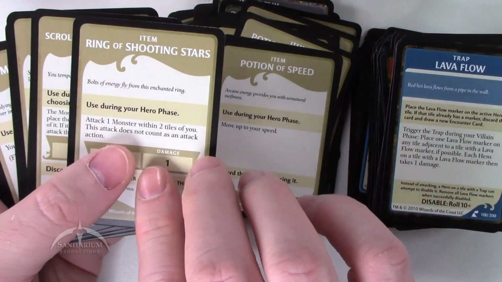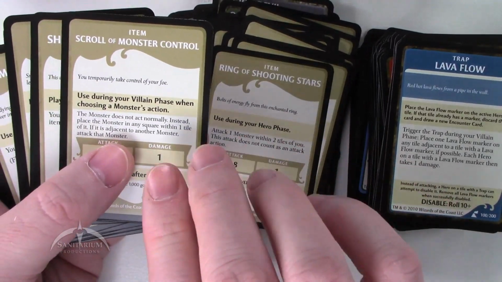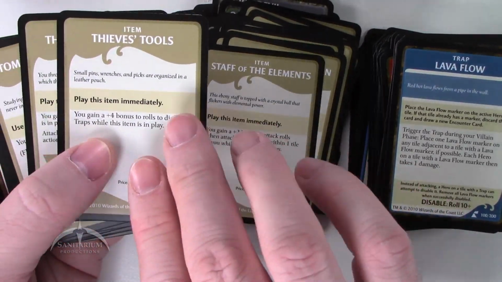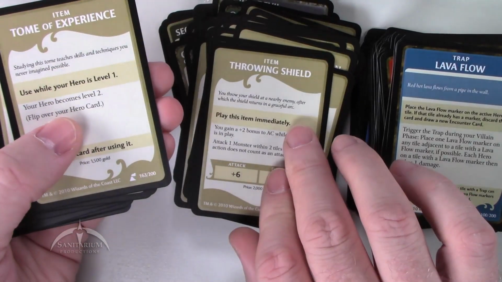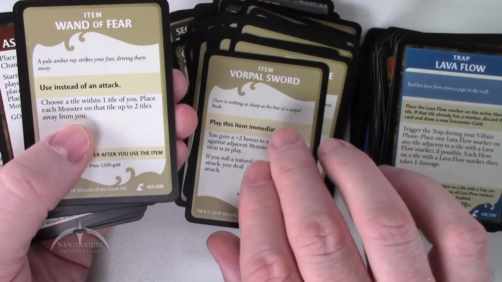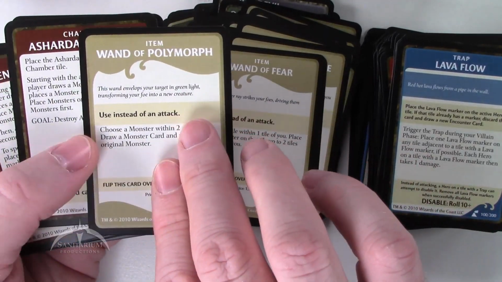Potion of Speed, Ring of Shooting Stars, Scroll of Monster Control, Shield of Protection, Staff of the Elements, Thieves' Tools, Throwing Shield, Tome of Experience, Vorpal Sword, Wand of Fear, Wand of Polymorph,